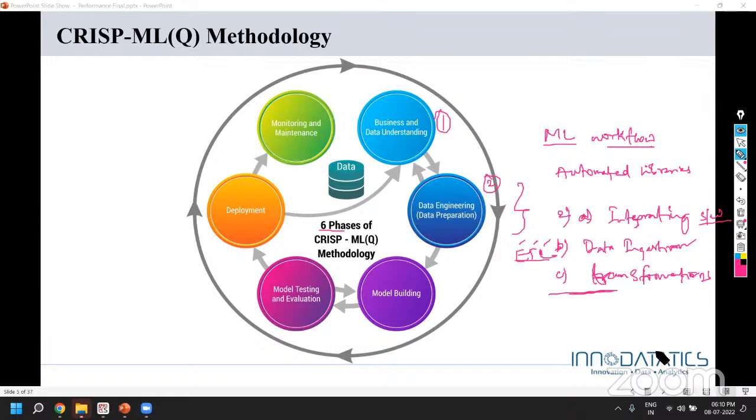There shouldn't be any missing data. There shouldn't be any exceptional data. There shouldn't be any data which cannot be used for mathematical model development and all that. So there are a bunch of things that we'll have to look at. There are close to 8 to 9 checks that we need to do, and this has to be done for each and every data point that we have collected. So this is going to be a time-consuming task.